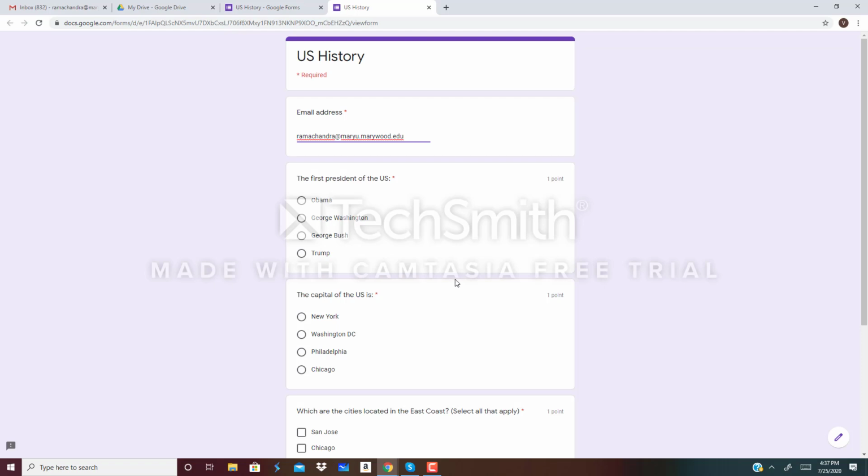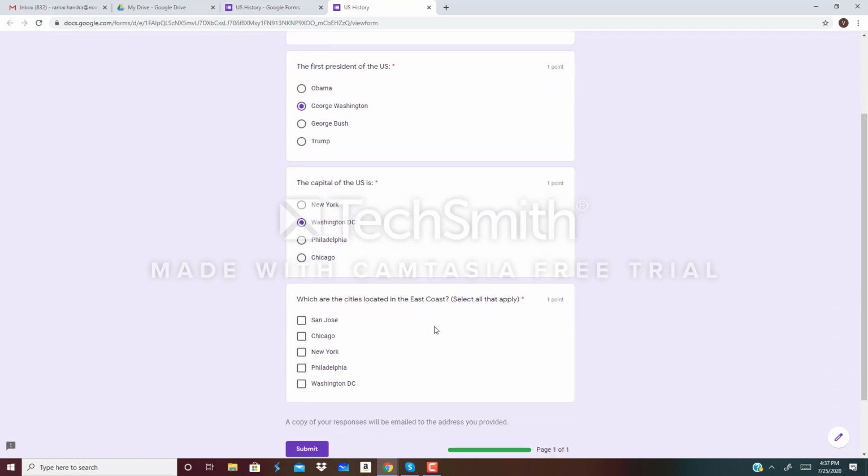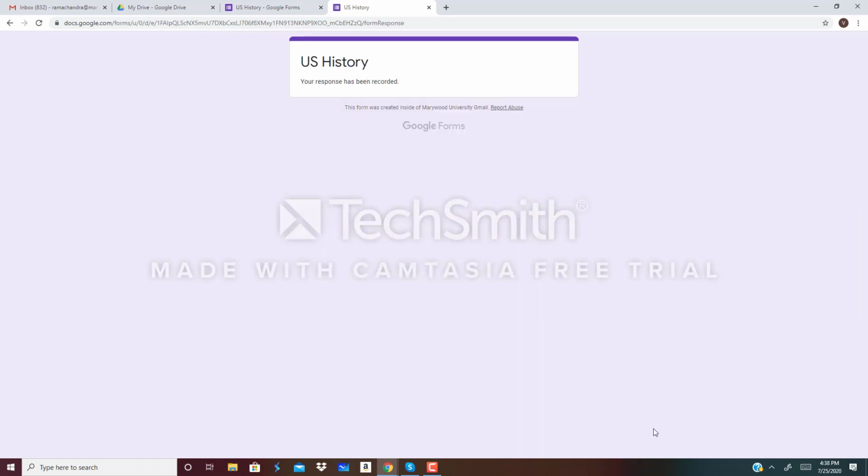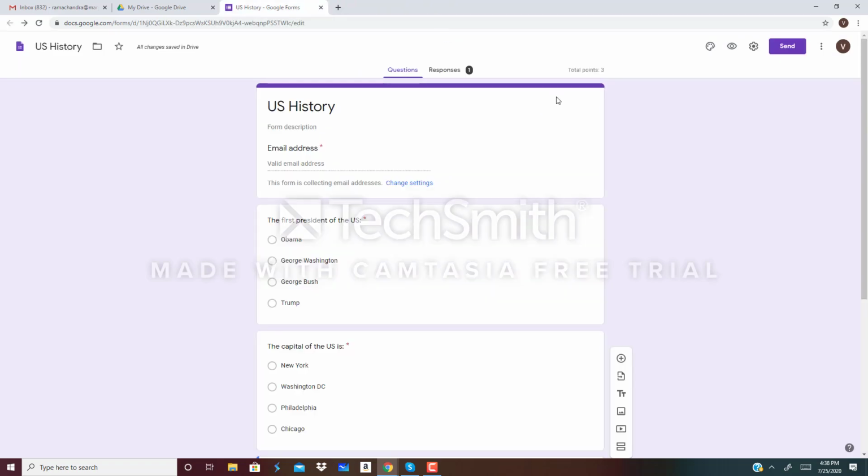The first president of the US, George Washington; the capital of the US, Washington, D.C.; and which cities are located on the East Coast. I'm going to click New York, Philadelphia, Washington, D.C., and then click submit, and I'm done. So what you do is you close this, and you can look at your quiz here, and here